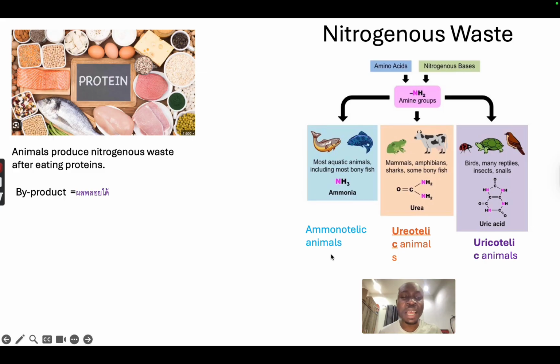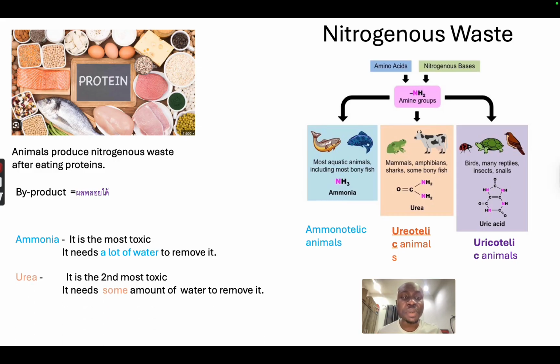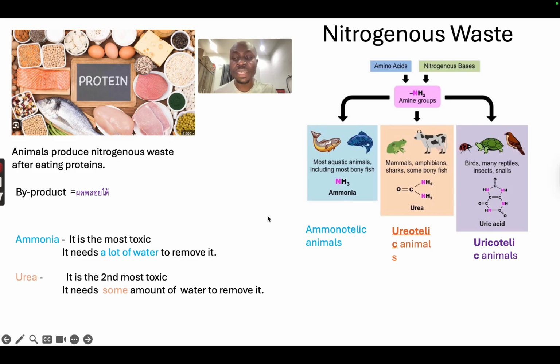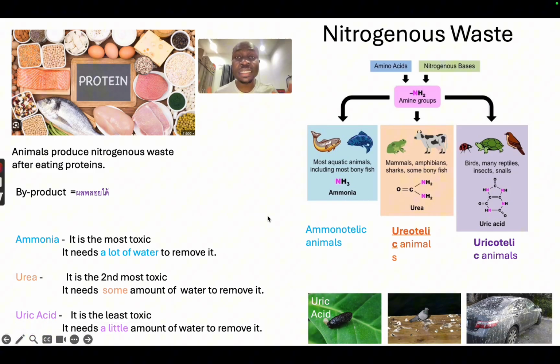Now, what is different about these three nitrogenous wastes? First, ammonia is very toxic, very bad and dangerous for the cells, and we need a lot of water to remove it. Urea is the second most toxic, and we need some amount of water, not too much, not too little, to remove. The last one is uric acid. Uric acid needs very little water to remove it, and it is the least toxic